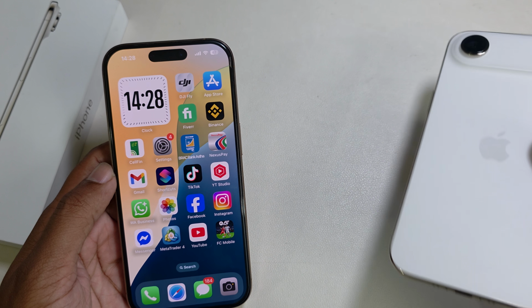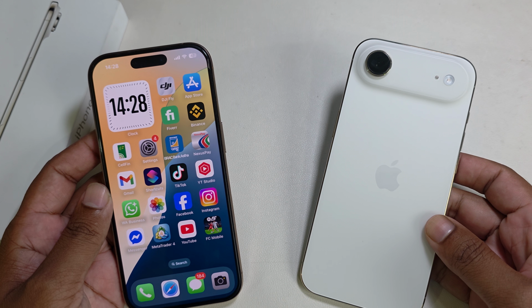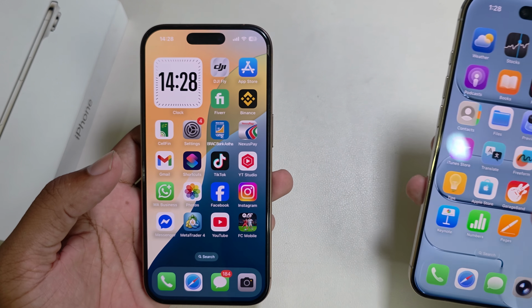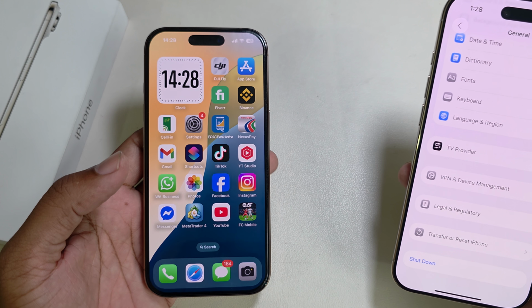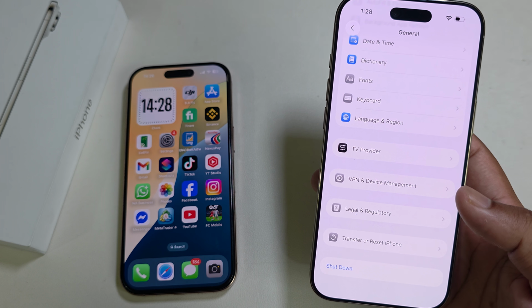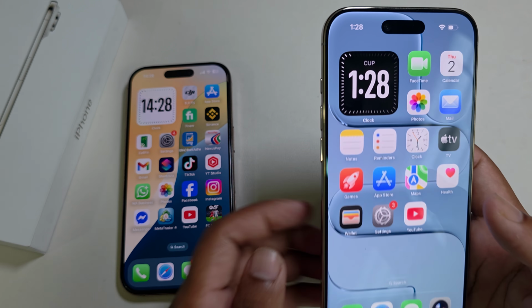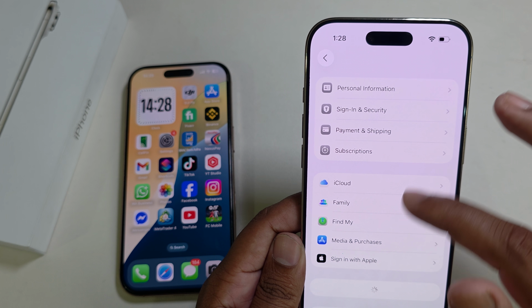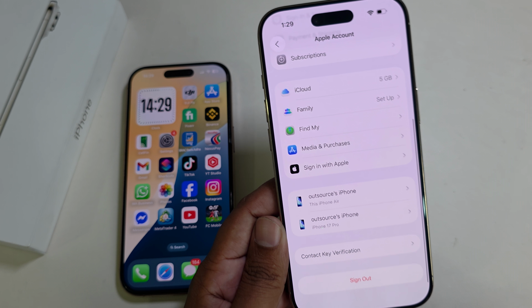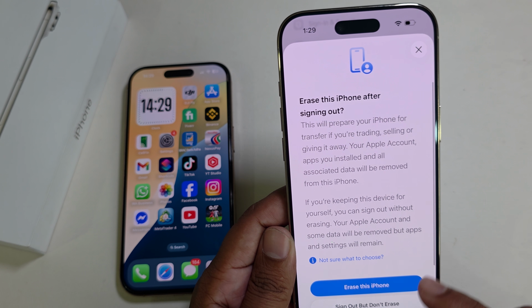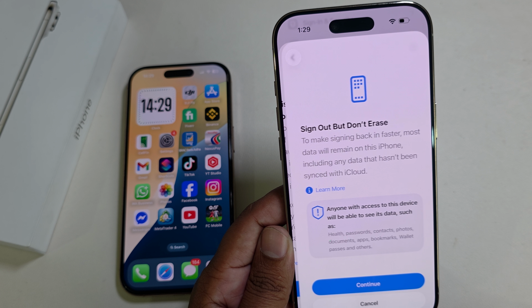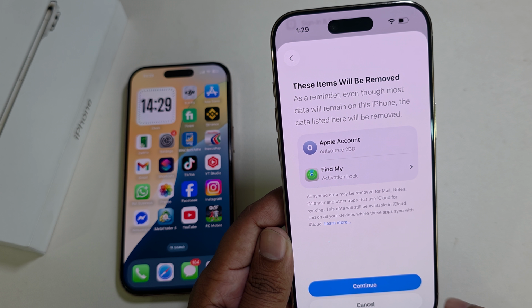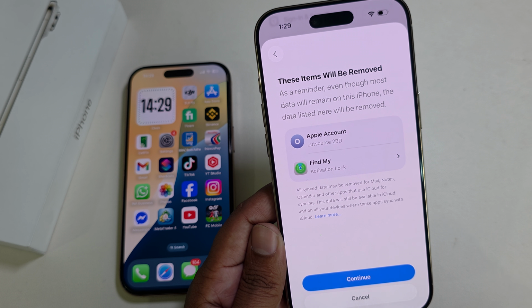So how do you transfer all data from your old iPhone to your new iPhone? For that, you need to go to your old iPhone, new iPhone, and reset or transfer. But before that, make sure you sign out of your Apple account. Sign out, but don't erase. Press on continue, continue anyway, and press on continue,